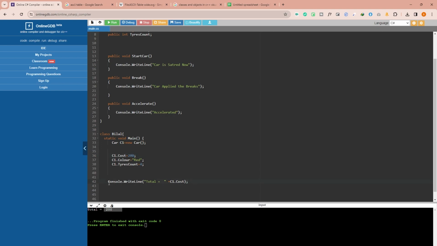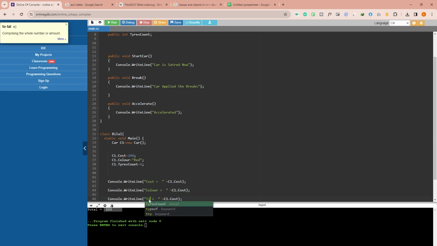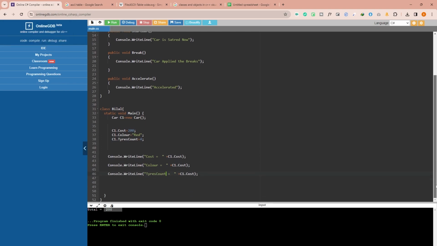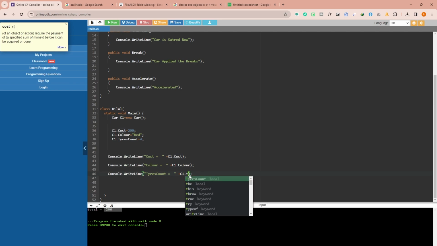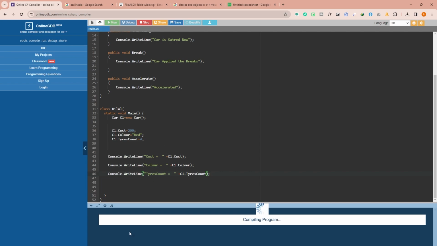And similarly, Ctrl+C, Ctrl+V, again Ctrl+V, and make it cost, and this one is color, and this one is tires count. Now I will change to color. I will change it to tire count. Now when I run this code, you will see